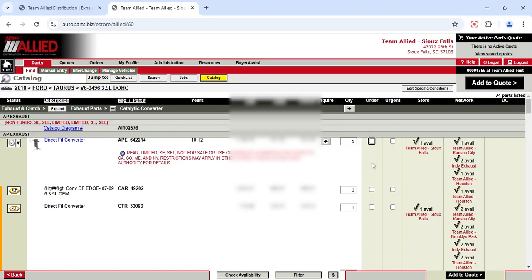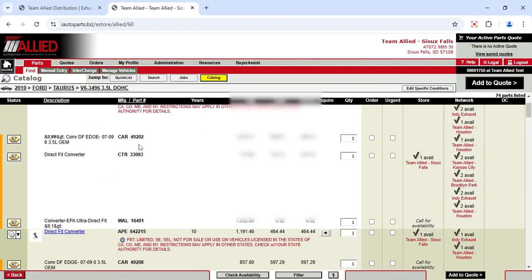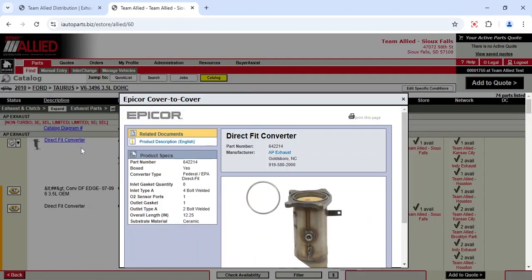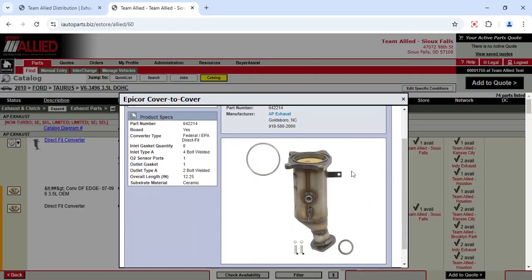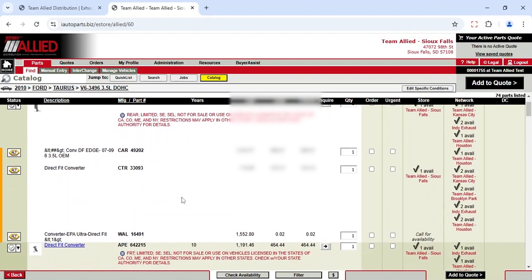So here it's going to show you the parts, and as it looked at our inventory on our system, it's telling you that I have one available in Sioux Falls. It'll also look at some neighboring offices out there and look to see if any of the neighboring offices has them as well. From here, I can click on the part and get a little better picture, maybe a little more description, much like you've seen in our open web system